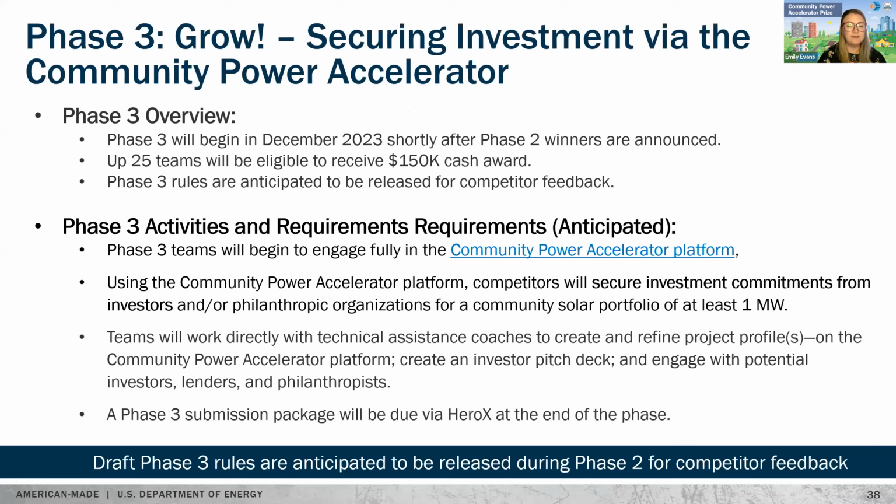In phase 3, we're anticipating that phase 3 is going to begin in December 2023, shortly after the phase 2 winners are announced. Again, up to 25 teams will be eligible to receive a $150K cash award. And like phase 2, we are planning to release the phase 3 rules for competitor feedback, and that will likely happen during phase 2. For the phase 3 anticipated activities and requirements, we're going to ask that teams begin to fully engage in the community power platform,